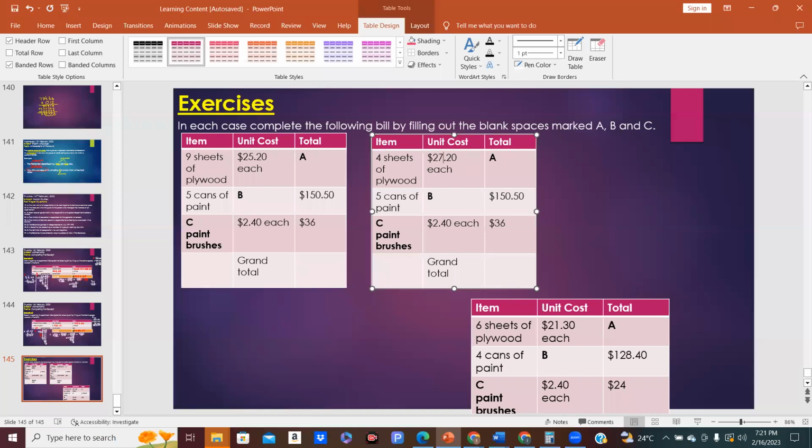So instead of this one being 27, it's 31. And let's say that this one is 6. And it's 18.6. Let's say that this one is 48. I'm going to find the grand total. And the final one is